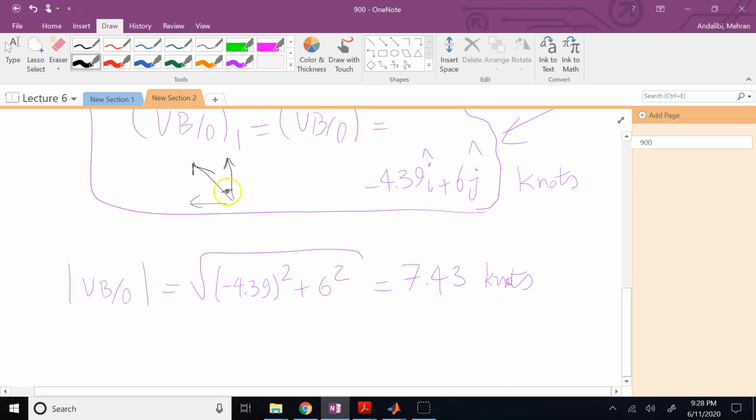And this angle is tangent inverse of 4.39 over 6, right? Because this guy is 4.39 and that is 6. So this angle theta, if we want it, it is going to be tangent inverse of 4.39 over 6, which is going to be,